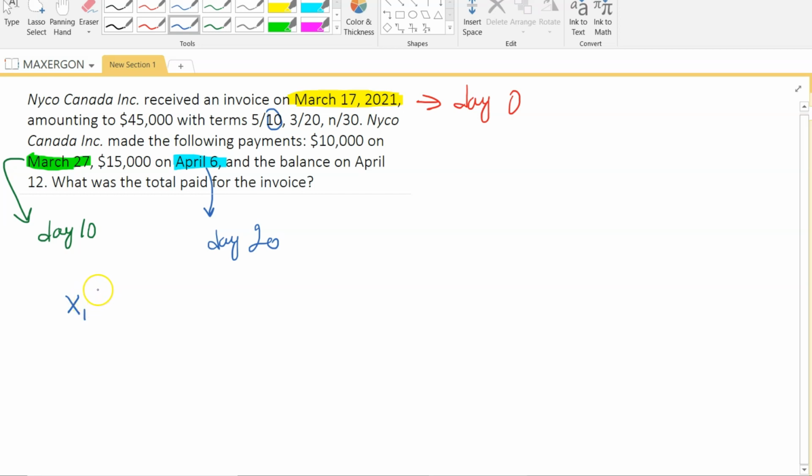Well, X1 should be such an amount that if discounted by 5%, because it's 5% discount during the first 10 days, it should equal the first partial payment, which is $10,000. From here, we will be finding X1, which is the first credit received,